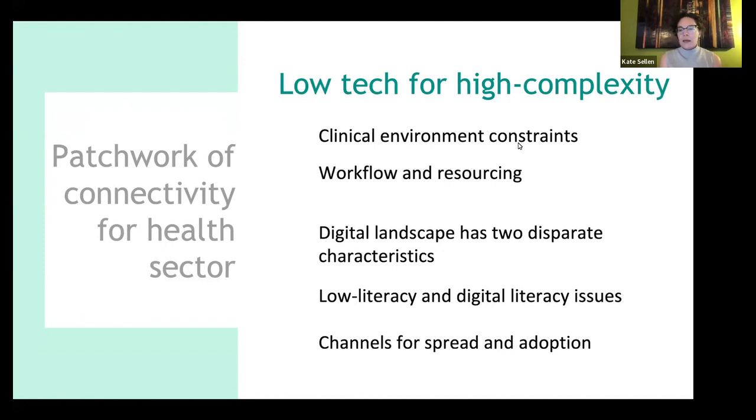a lot of clinical environments. And when we come in to do design work in those environments, we encounter a lot of constraints to design. In theory, we can design something as an exploration, but to actually get it into implementation, we encounter a lot of constraints. A lot of that has to do with resourcing, so the workflow itself, the actual context of clinical work. In the case of the emergency department, that means super high patient volumes, a staff that is rotating, maybe losses in staff, especially nursing staff, a lot of different complex cases coming in and out,